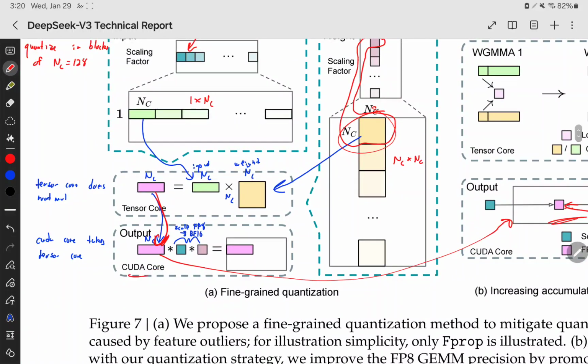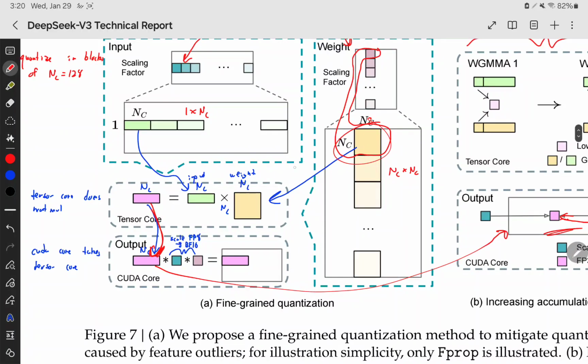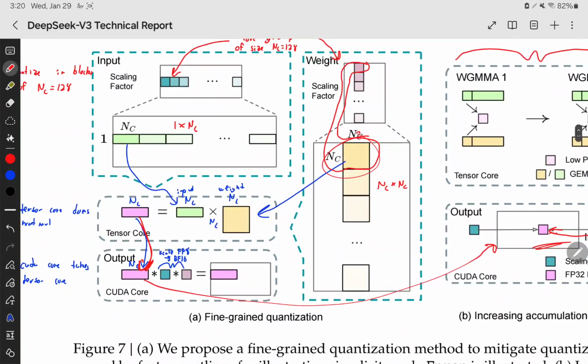To reiterate, basically every CUDA core is orchestrating all this computation for the matrix multiplication. It's storing this floating point 32 information from the tensor cores doing the multiplications. For every multiplication, the tensor cores do a partial inner product, using the quantized formats that were created. So you quantize these from floating point 32 or bfloat16 to floating point 8, and every time you do an intermediate product,